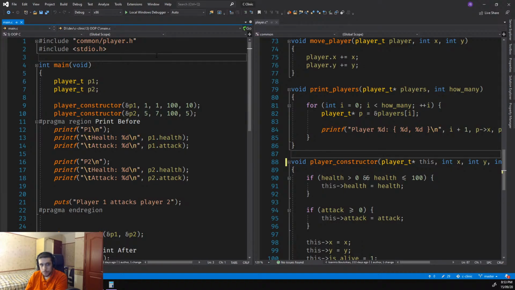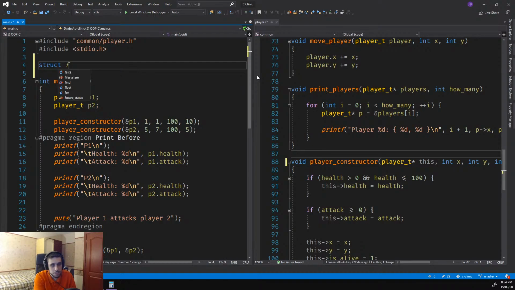But I don't know. Give me another object type other than player. Give me something that could belong to the kernel. So let's say file. You could have a struct file,